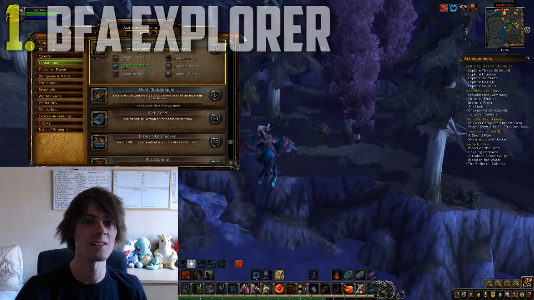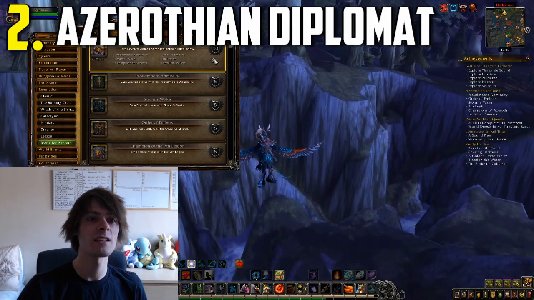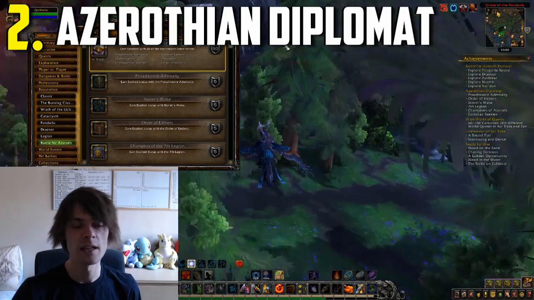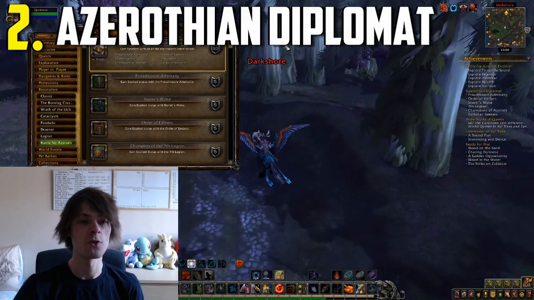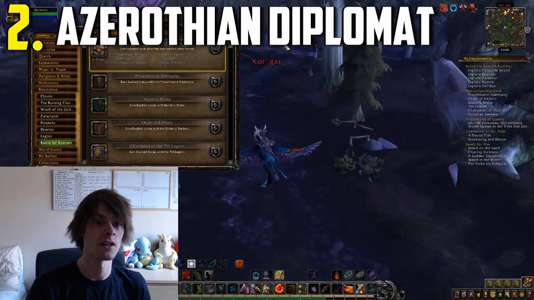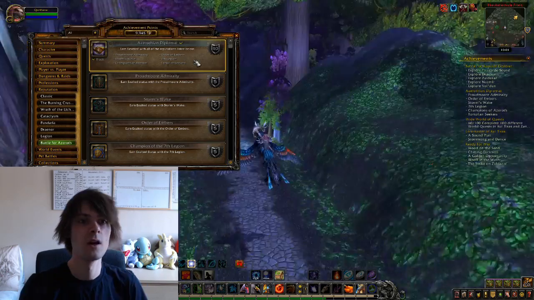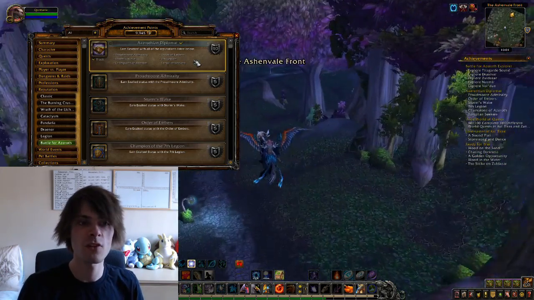Next one is the Azerothian Diplomat, and basically what you have to do is earn Revered with all of the reputations listed below. This means you need to become Revered with your 3 starting zones. In my case, as an Alliance player, I need to get the Proudmoore Admiralty, Storm's Wake, and the Order of Embers. The next ones you need to get is Revered with the Champions of Azeroth,